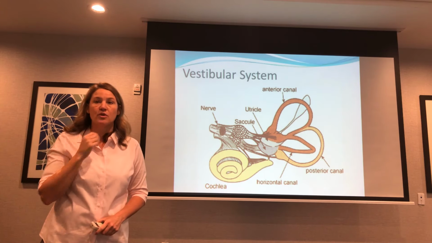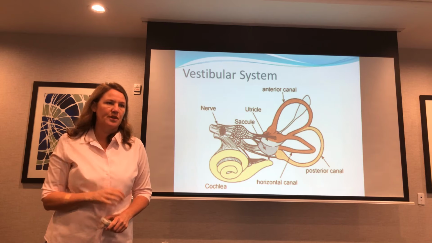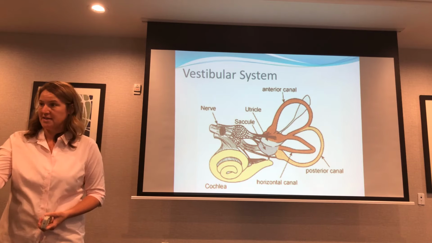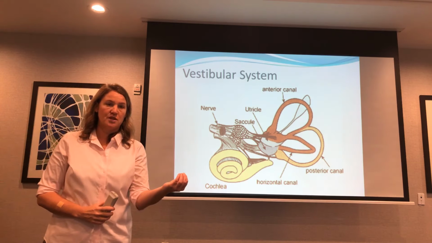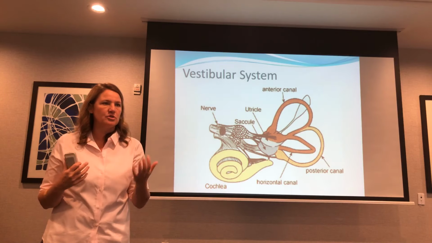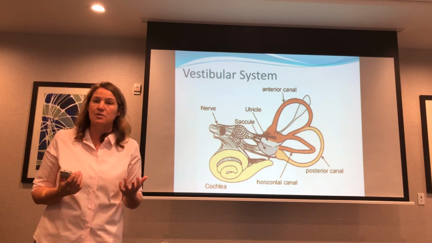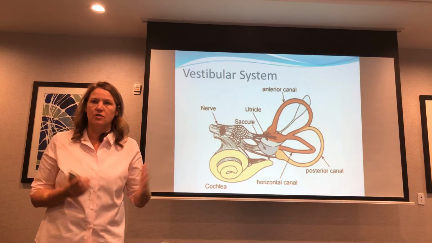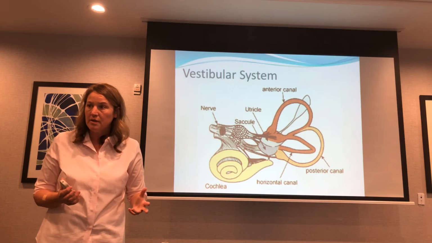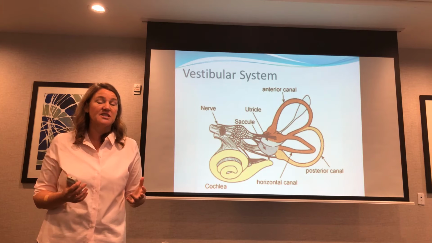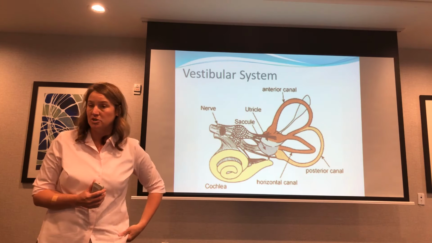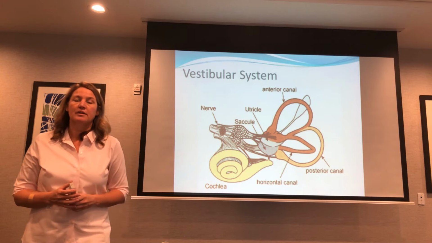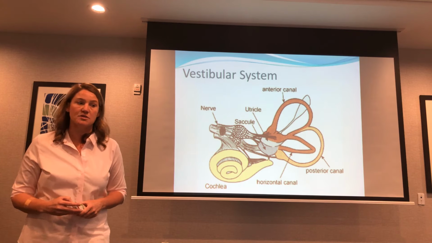So your vestibular system will give you very precise information if it's working properly. If you have a mismatch, so your vision tells you one thing is happening, but your vestibular system tells you something else is happening, that could amount to symptoms of nausea and not feeling well, and it also can amount to dysfunction, you can't balance. So you may not feel well, you also can't balance, you can't function, it's very disabling. Anybody who's ever had a patient with a significant impairment of any of these systems can see how disabling it is and how life-changing and uncomfortable it is. So if we can address those, that's great.